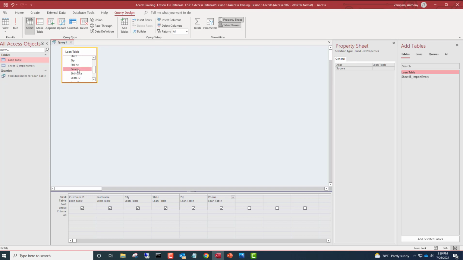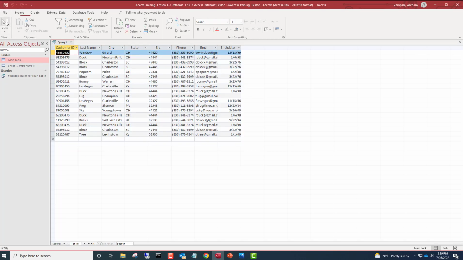email. We'll try email again. Click on email. Oh no, we got it. And then birth date's the last one. Should be, but we'll double check. Yes, so that's all we want. We're just going to view it real quick. And you're going to see that when we do this, you've got duplicates in here, but it's got the information we want: the customer ID, the last name, the city, the state, the zip, the phone number, the email, and the birth